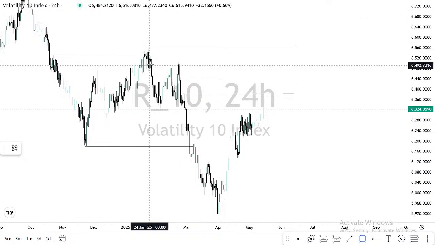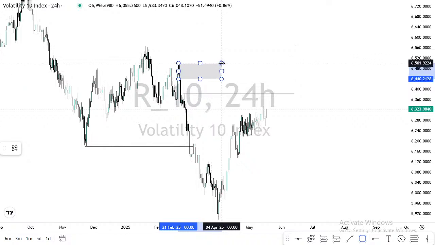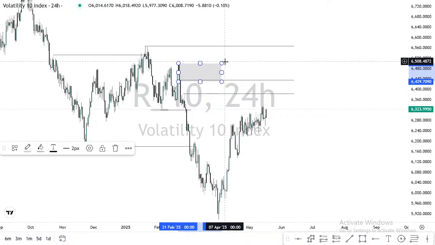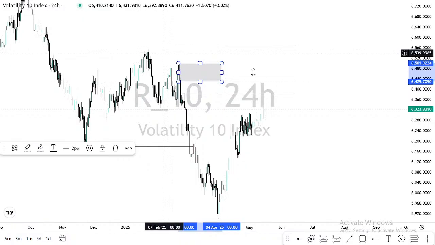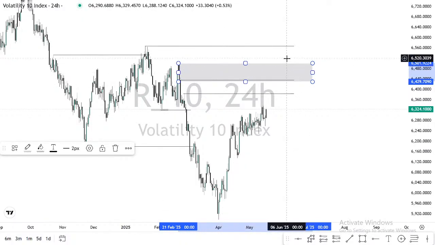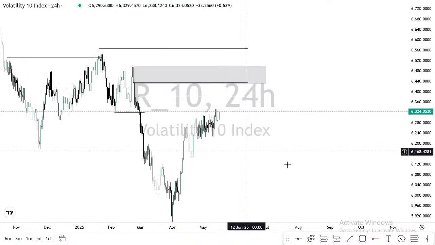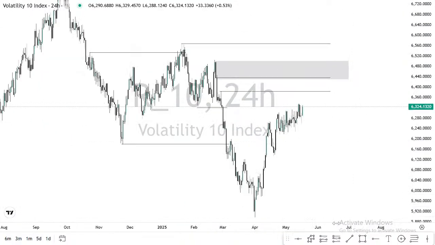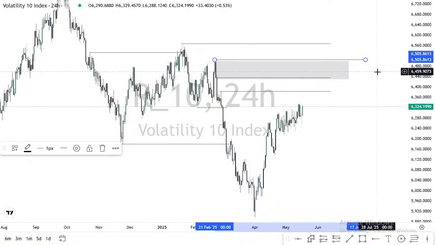So first, I'm marking out this PO high as my first point of interest. I'm marking this out as a first point of interest for us. Okay? This is my first point of interest for volatility 10 for that sell continuation. And also, market can take it further by taking this high. By breaking this high, market can do that. It is very possible for market to take this high